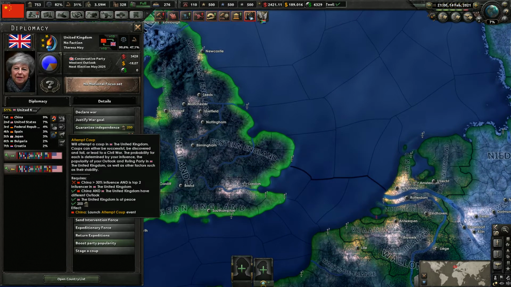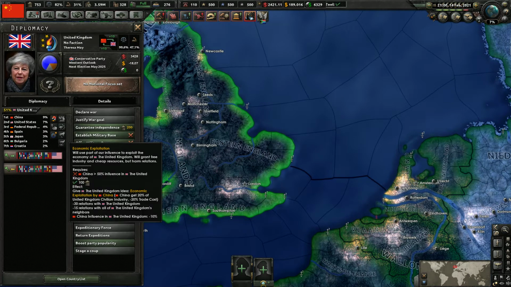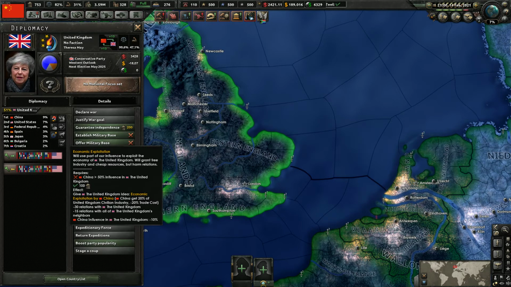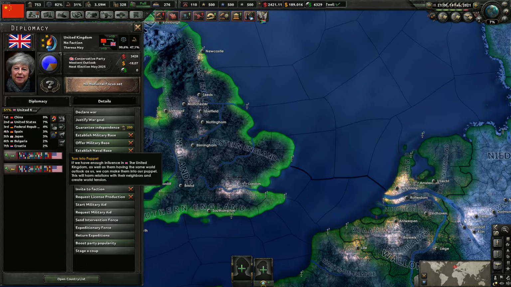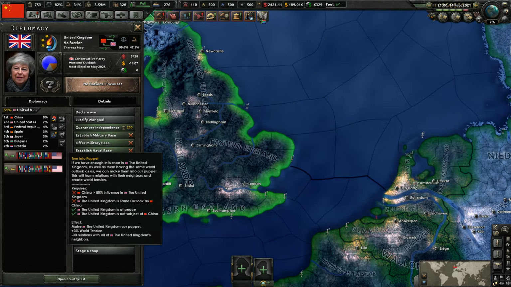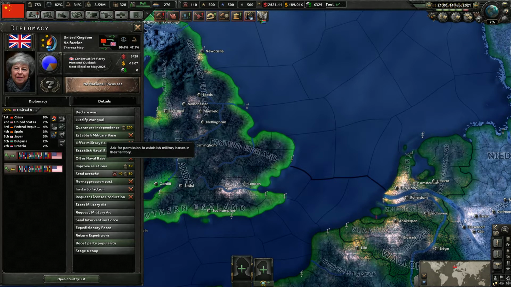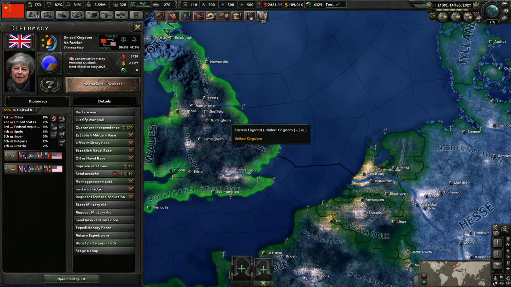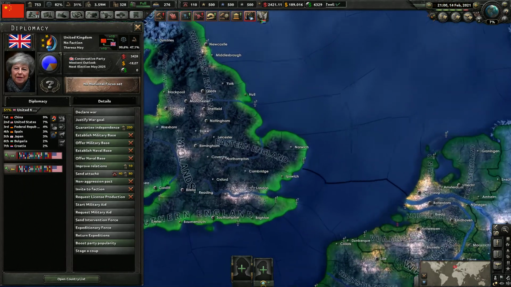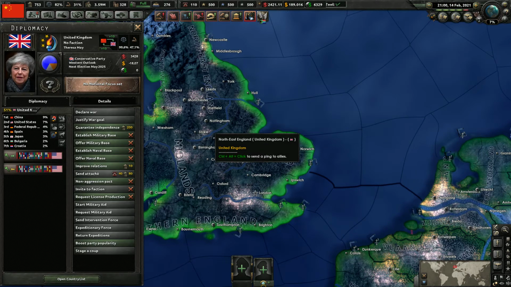You can attempt a coup. You can exploit them economically, so you can get favorable trade costs and better civilian industry. You can get 20% of their civilian industry. You can turn them into a puppet at 80% influence. But to turn the UK into a puppet, I would probably have to spend billions, and well, I say billion, trillions. I'd probably have to spend trillions,